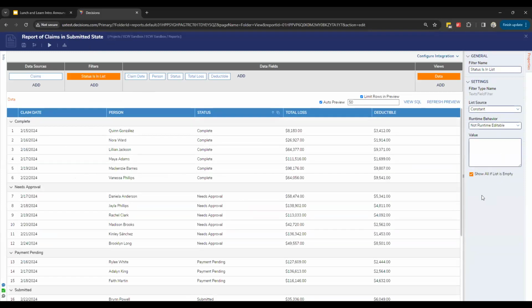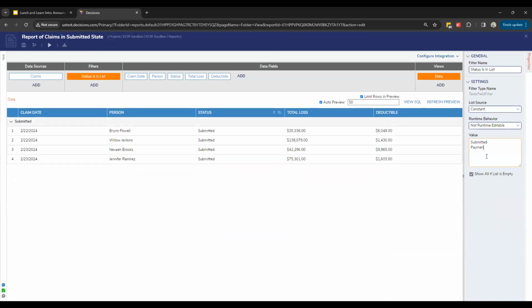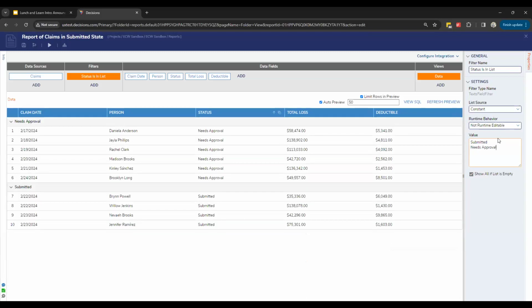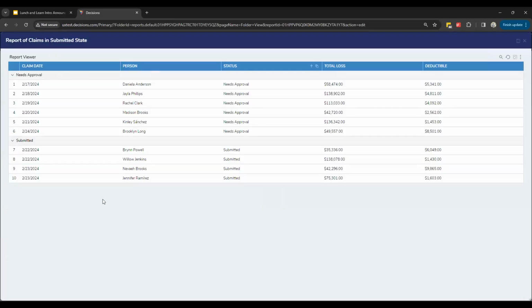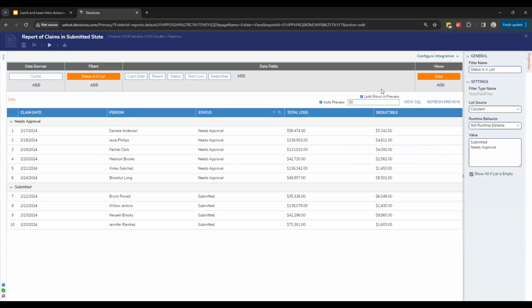Now I can check this bottom checkbox that says, if I don't provide a filter value, don't show anything here. But I also can come into here and say, only show me things that are submitted. And what did I say? Let's do needs approval, right? I add those two things back in, it filters them out. And that's it to make really simple filters. Now I'll show some additional properties in a sec, but if I just run this report, you'll see that it's all my claims, but I've set a filter that says we're hiding it by status and those two states in that status field.